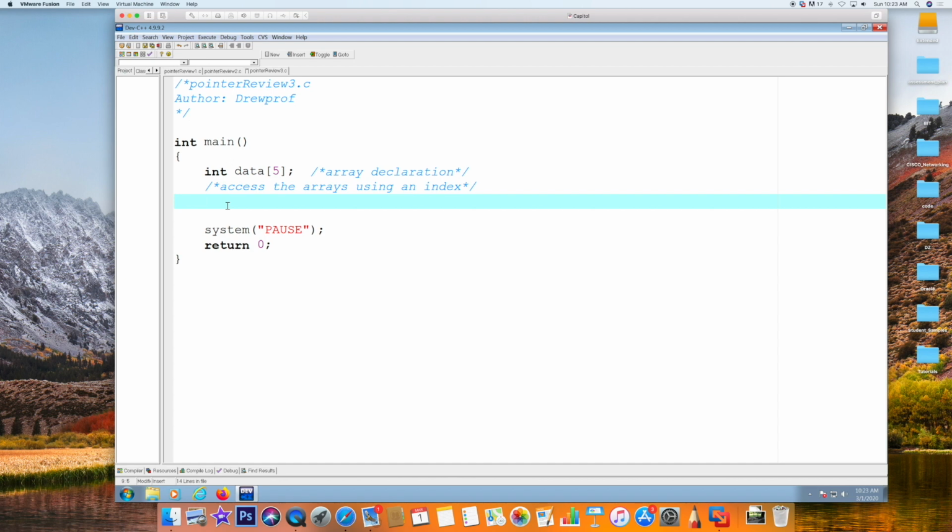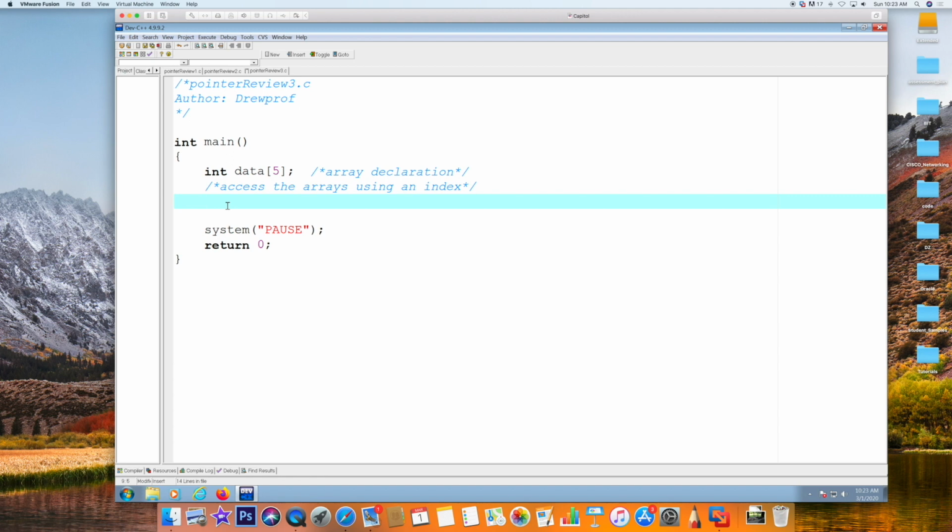Now, remember, in this example, I'm not going to use loops or anything like that. I am simply going to access them one at a time and do the same thing with the pointers. So the reason I'm not doing loops or if statements or any of that is it all depends where you are, whatever course you're taking. You may not have gotten into conditional programming and looping. So we want to concentrate simply on the concept of using an array, using an index with an array. How does it behave? And then how do you use a pointer to do the same thing,